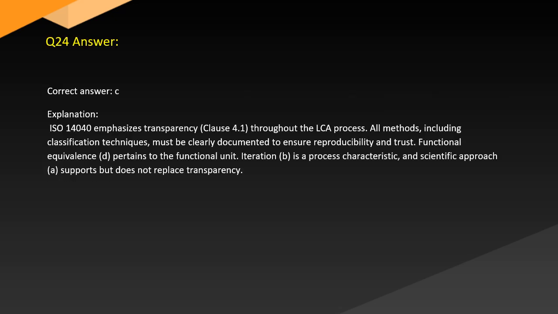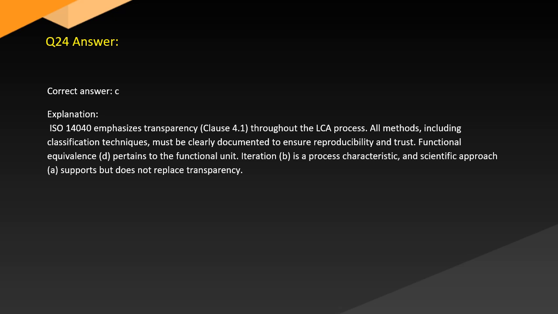Answer. Correct answer: C. Explanation. ISO 14040 emphasizes transparency, Clause 4.1, throughout the LCA process. All methods, including classification techniques, must be clearly documented to ensure reproducibility and trust. Functional equivalence (D) pertains to the functional unit. Iteration (B) is a process characteristic, and scientific approach (A) supports but does not replace